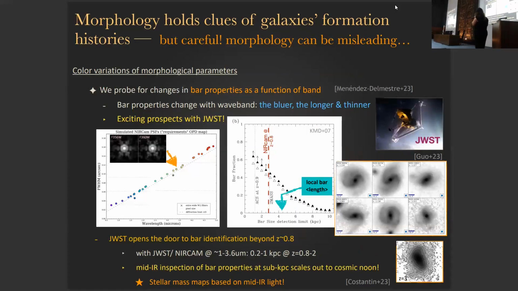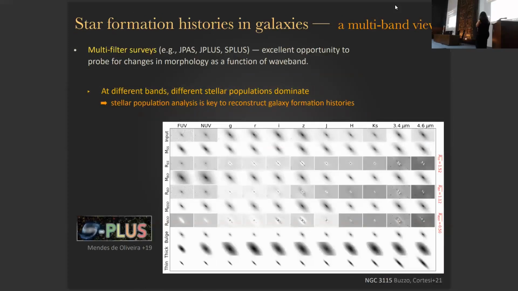And NIRCam does allow us to do this already with these galaxies, where for the moment we're just detecting these bars. So I'm going to rush through now, not rush through, I'll just succinctly speak of the rest. Basically, the idea here is to point to many surveys that have come out that are composed of a myriad of filters. There's S+, J+, J+. We've been hearing a little bit about this. We'll hear some more, certainly.